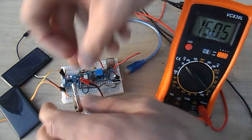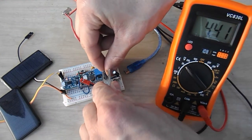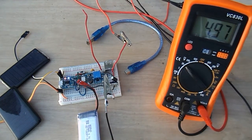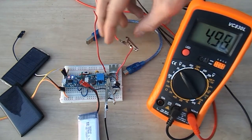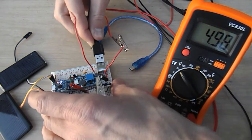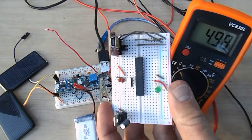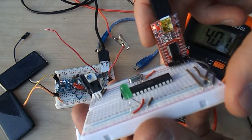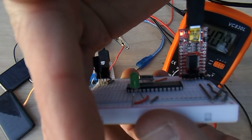But then with the voltage regulator right here, we bring it back down to 5 volts because we want this USB to be powering something at 5 volts. It's 4.98. So that's close to 5 volts. Should be good. So I'm going to plug something in, and if it's a high power thing that we want to use, this might have some trouble, but something simple like blinking a light should be relatively easy. Let's see. So this one blinks